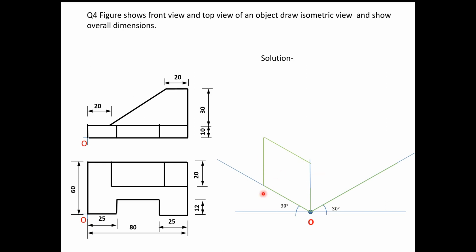So this is the 40 by 60 isometric plane on the left side, then this is the 80 by 40 isometric plane on the right side, and this is the top isometric plane, so this is 80 by 60 isometric, this is 80 and this is 60. So now we start with this.